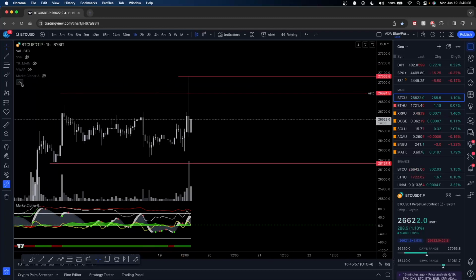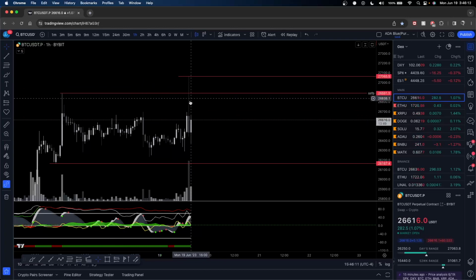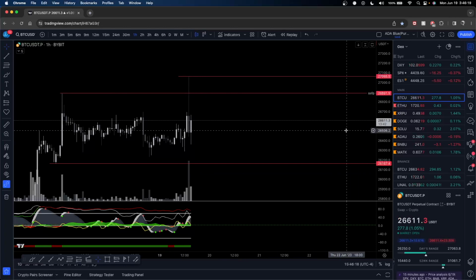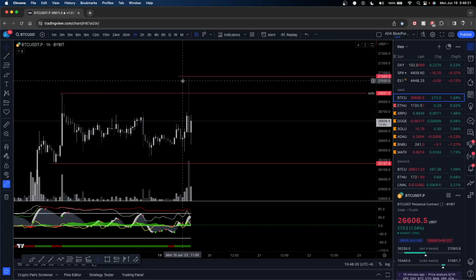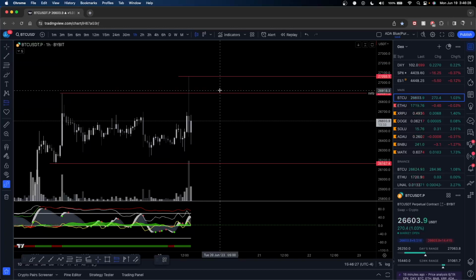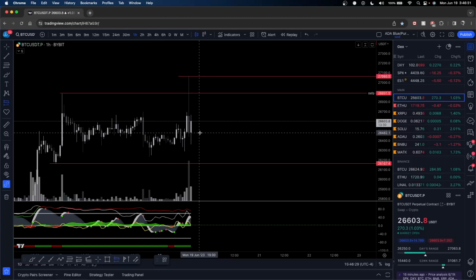All right, guys. Well, that is SFPs, swing failure patterns. That is how you trade it. Again, you can front run it, and you can take the safer route, which is, as I mentioned, wait for the close technically, but I don't like to do that, but whatever, it is what it is. And it's a good trade. It's a very good trade setup because you have a very clear invalidation. And for me personally, I front run it, but especially if I was newer,